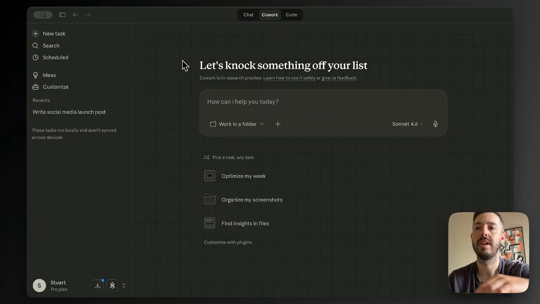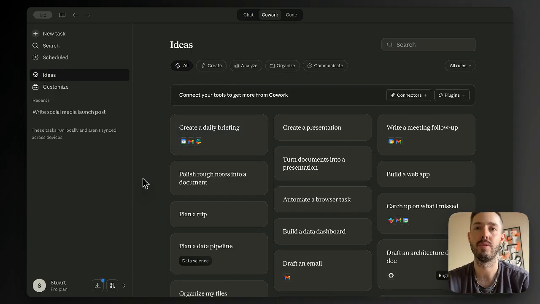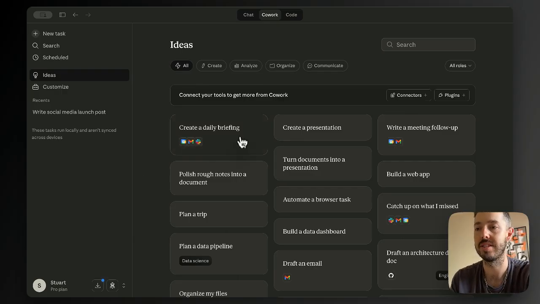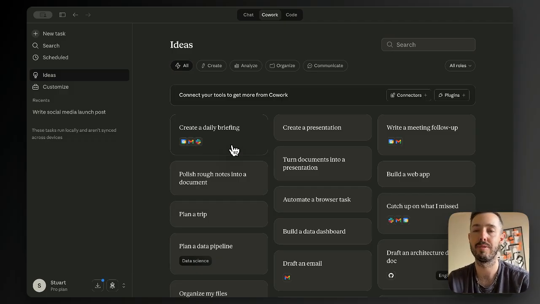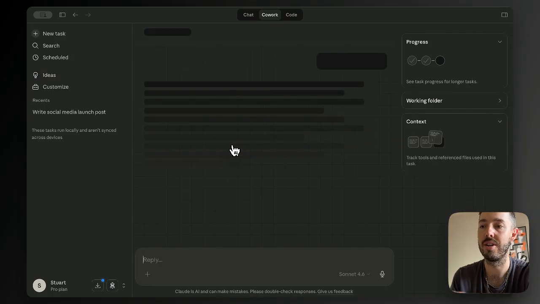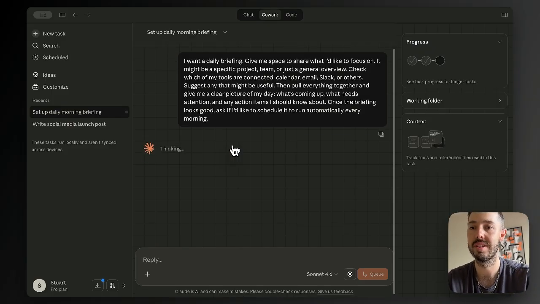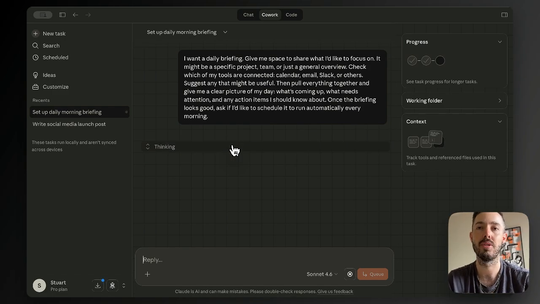Looking at the Cowork tab, this is where you'll integrate Claude into all of your web systems and services that you're using for your business. You can see on the ideas pane some examples of what you might want to do. So in this case, it shows how to create a daily briefing through Google Calendar, Gmail, and Slack. So it's most likely, in this case, going to connect to your Google Calendar, scan for meetings, read emails, and surface important insights and post that into Slack. So you could just click that. I don't have all of this set up or connected, so it will ultimately most likely prompt me to connect those services, but you can get an idea of a pretty quick and easy automation